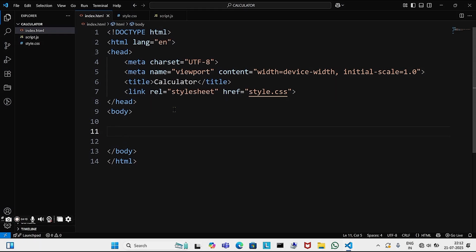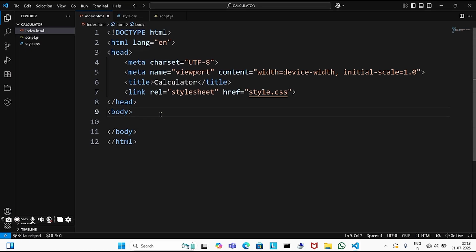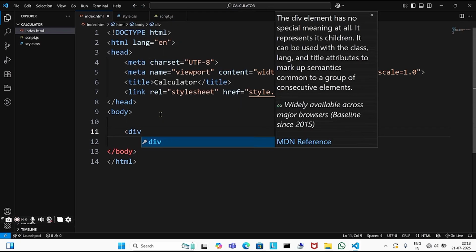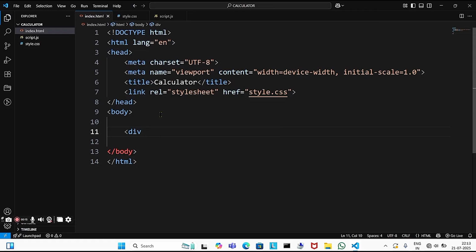Okay, so we are going to write our HTML code. First of all, we need to create a division tag, and we can also create a class. The name of the class we can write here is calculator. After that, close this division tag and open it, and then in this division tag,